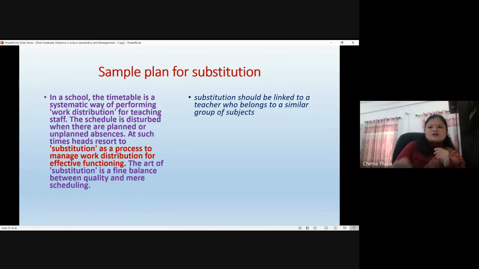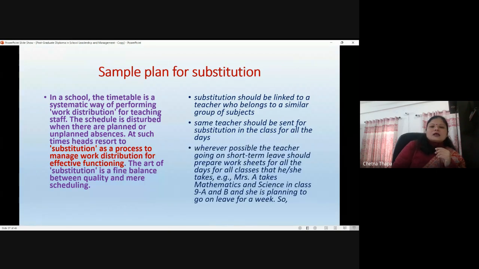So you need to identify the teachers of the similar group of subjects. Then that same teacher should be sent for the substitution in the class for all the days, all the schedules. Whenever a teacher is going for a short term leave, she should prepare a worksheet for all the days she will be absent, and also for all the classes. For example, if some teacher takes mathematics and science in class ninth A and B, and she is